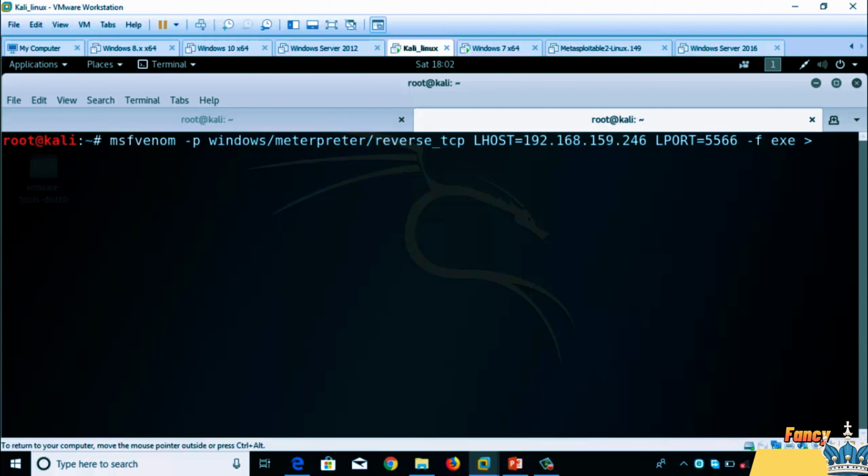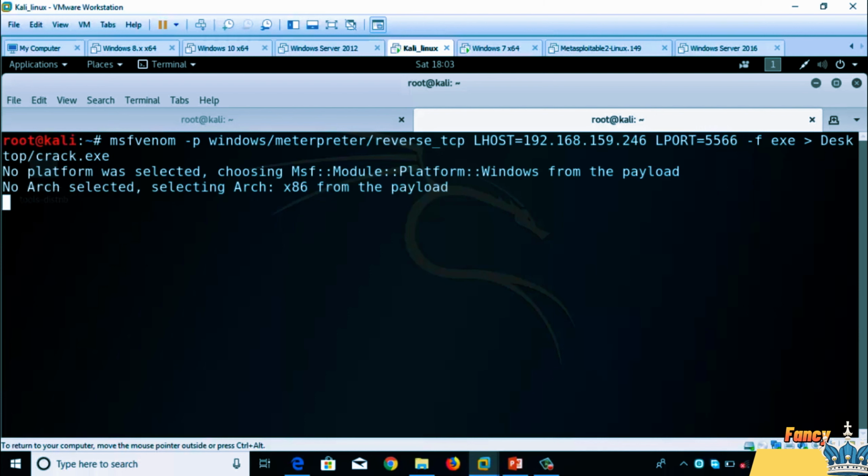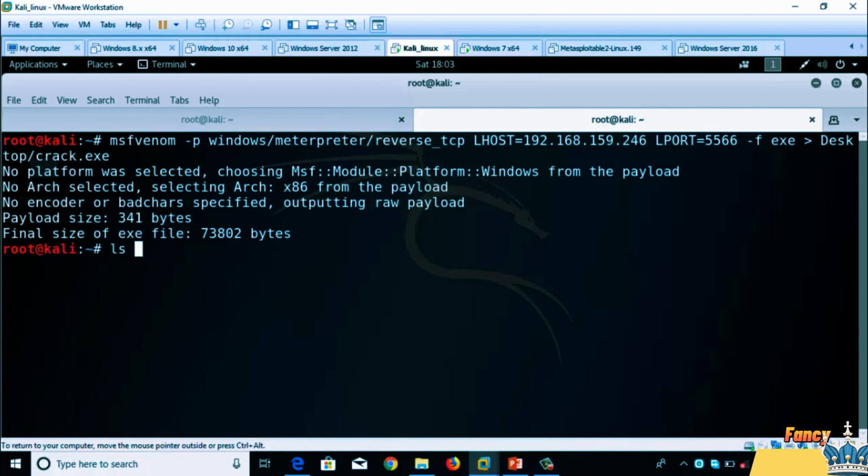Where do you want to generate this Trojan? I will generate it into the desktop folder as crack.exe. Make sure all the spellings are correct. Now let me list the desktop folder. crack.exe is successfully generated. Now we just need to start PostgreSQL